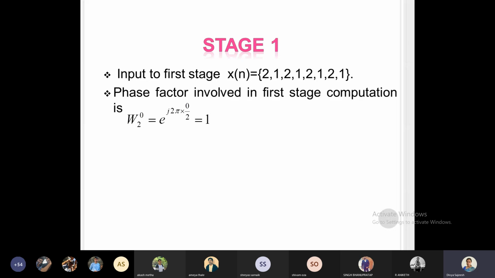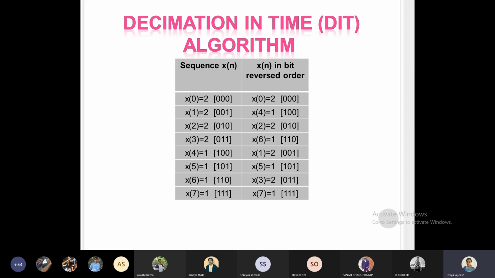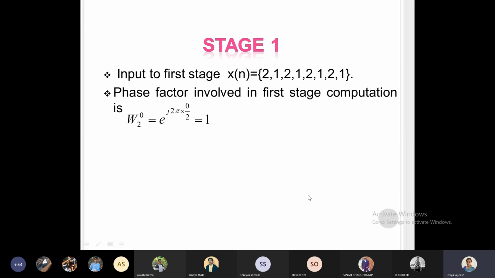So first stage, let us take these elements which we obtained here. That is, what is the bit reversed element obtained here? What is the order? 2 1 2 1 2 1 2 1, isn't it? The order has changed, so the elements now are in the order 2 1 2 1. Earlier it was 4 2s together, then all the ones. Now it has changed to 2 1 2 1 like that. So these bit reversed elements will come as the input to the first stage, not your actual elements.